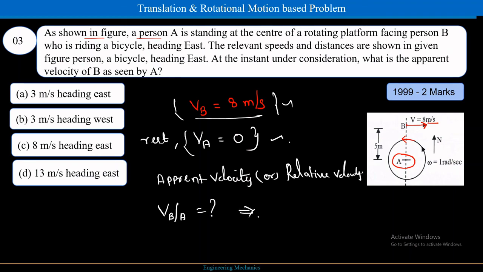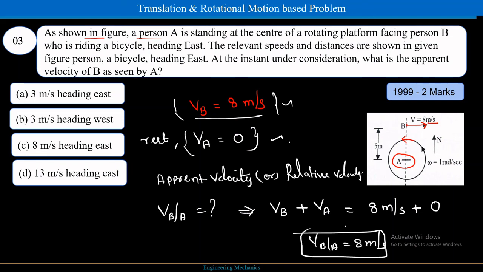So how can I write velocity of B with respect to A? It is nothing but velocity of B plus velocity of A. Then what is the answer? My velocity of B is nothing but 8 meters per second plus my velocity of A is nothing but 0. What is my answer? 8 meters per second, velocity of B with respect to A. So is there any answer? Yes, it is here. My option C is going to be